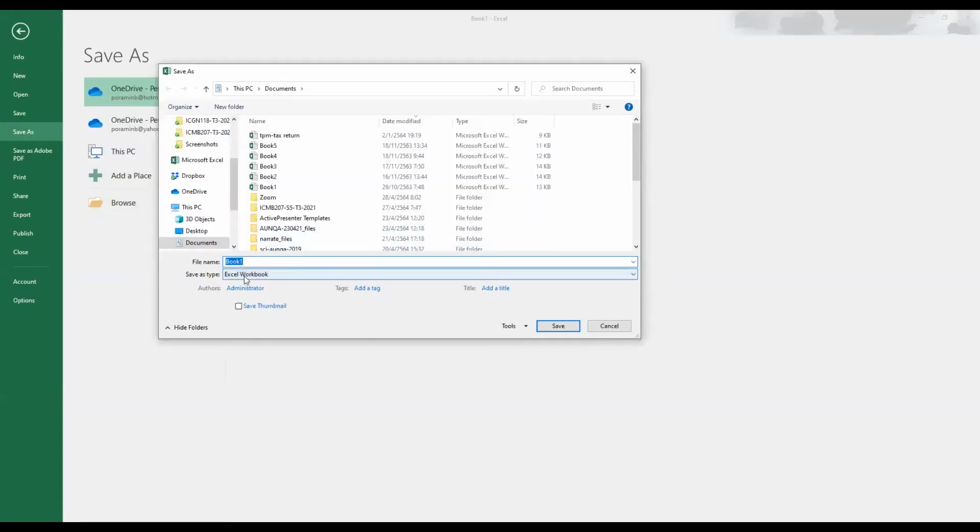The file type that you choose when you save is important as well. Once you choose Excel workbook, it will automatically save the file in the current version of Excel. That means if you would like to give this file to other people who use an older version of Excel, an older version in here means a version that is older than